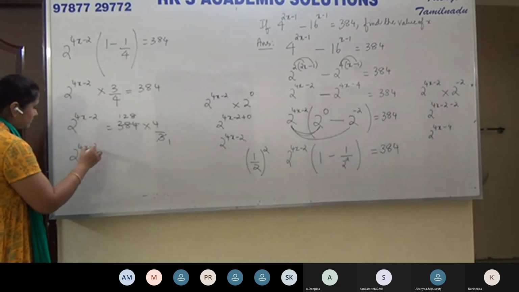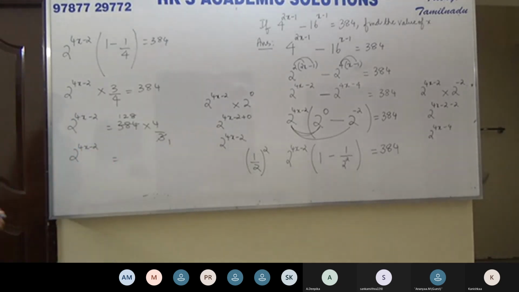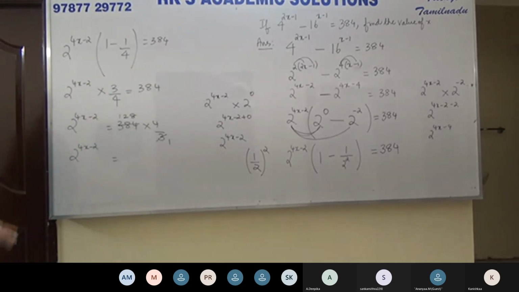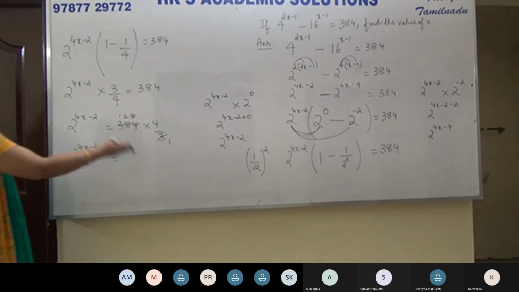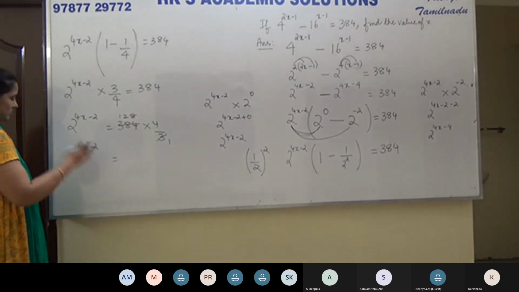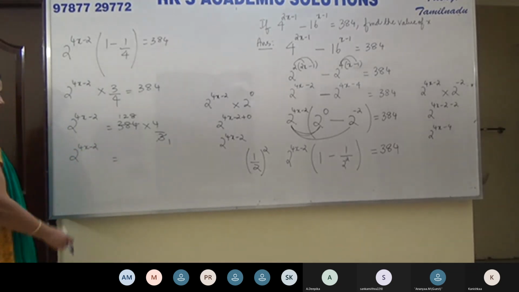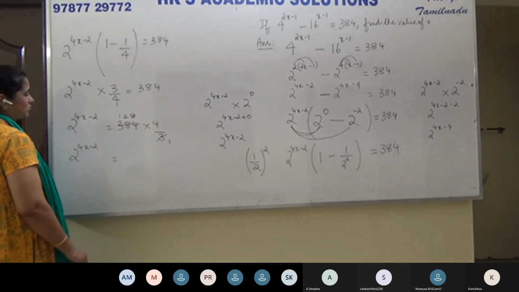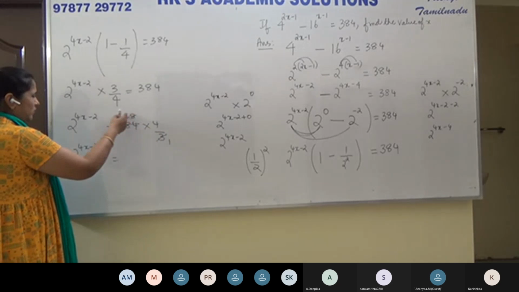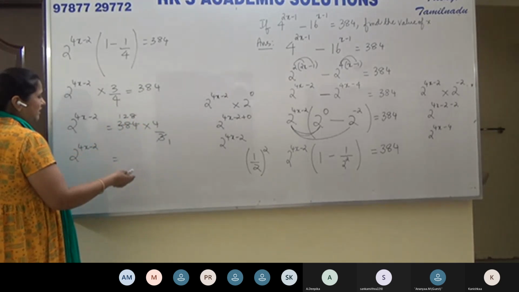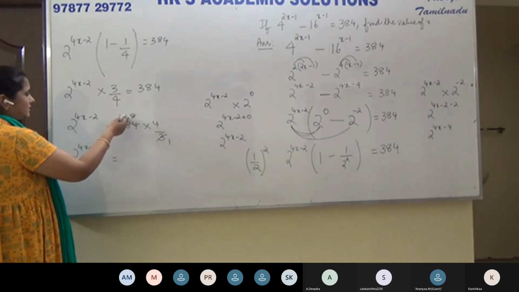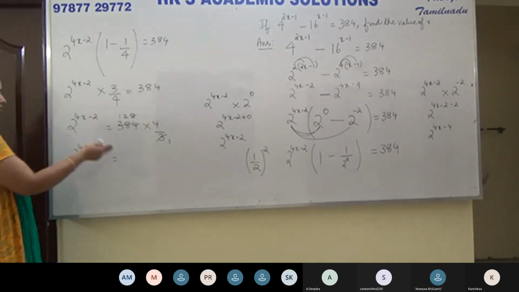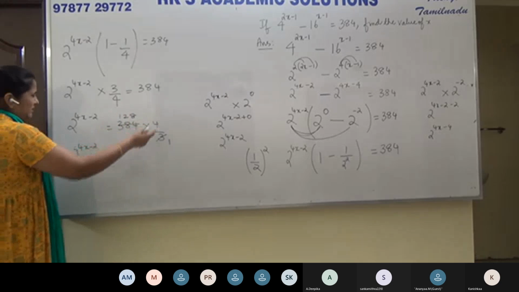So 2 to the power 4x minus 2 is equal to, now the other side also, in order to solve for x, we have seen this in 8th standard. You must have both the sides in the same base. Now the LHS we have in base 2. The RHS also should be in base 2. You can multiply if you want, 128 into 4, but I'm not multiplying, because we can write 128 in base 2 and we can also write 4 in base 2. Even if you multiply, you're going to get the same value.